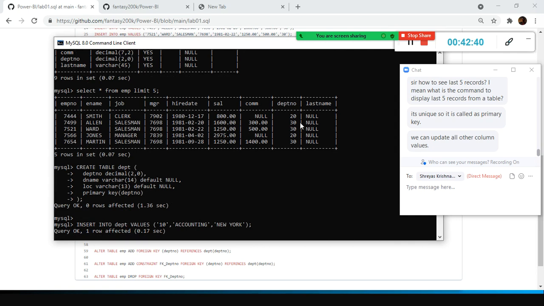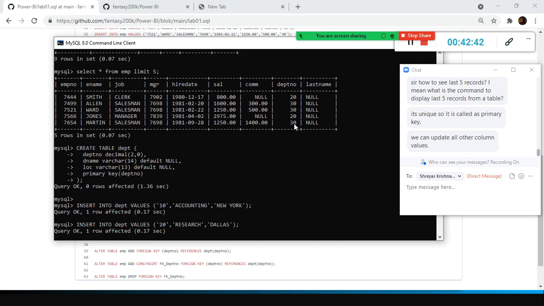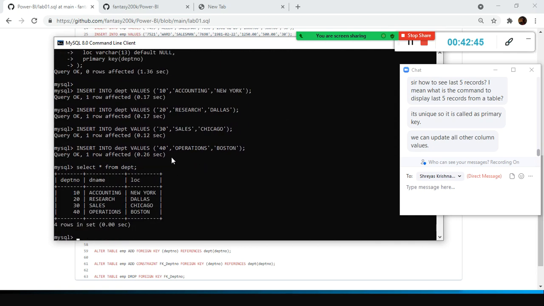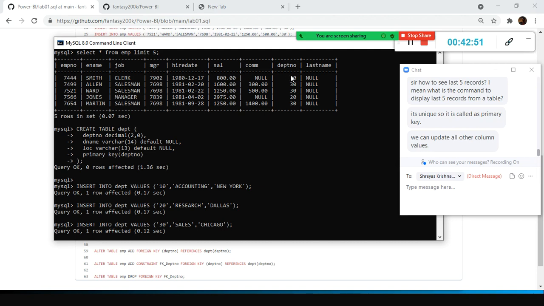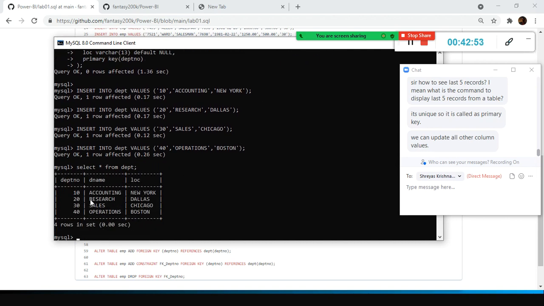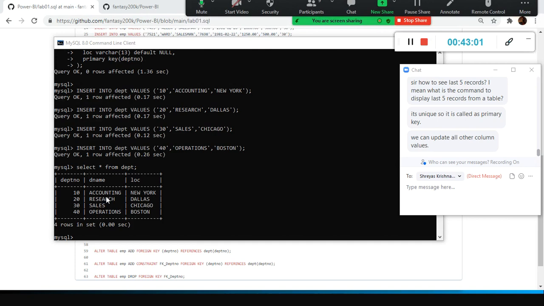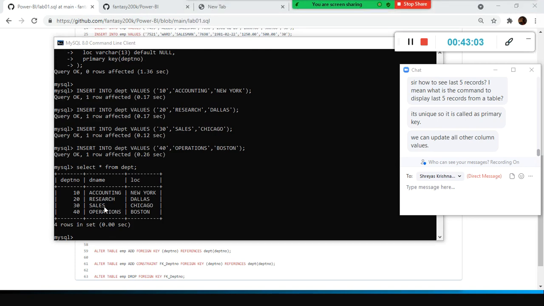When you looked at this department number and compared it here, you registered the number in your mind and then did a lookup of those department numbers in this department table. By doing a lookup in this table, you get the supplementary information. Those belonging to 30 are in the sales department, and those belonging to 20 are in the research department.